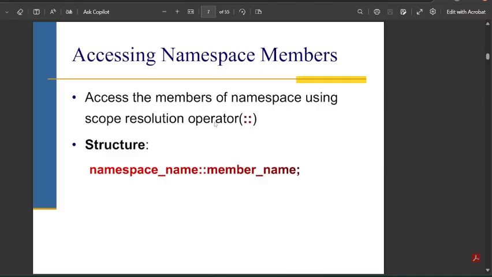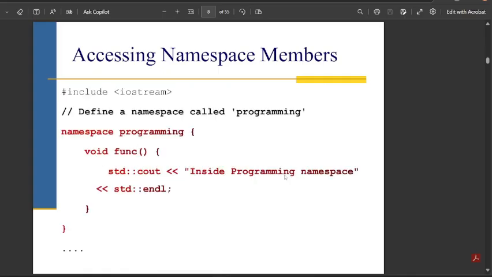Access the members of a namespace using the scope resolution operator. So as you can see, namespace, then the name, then the member name. So accessing